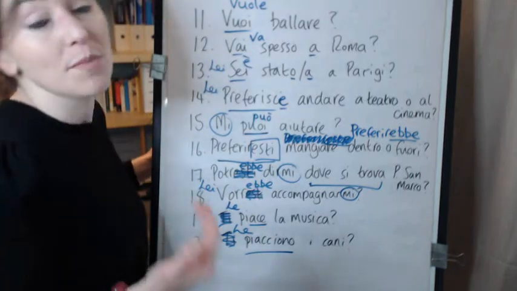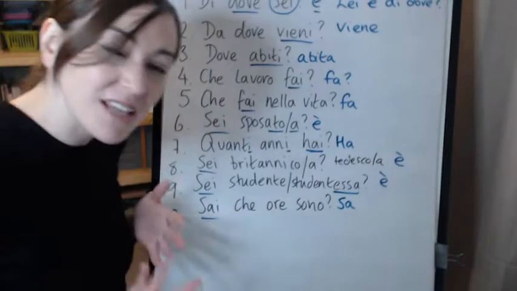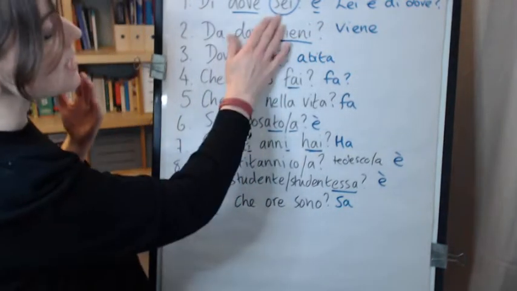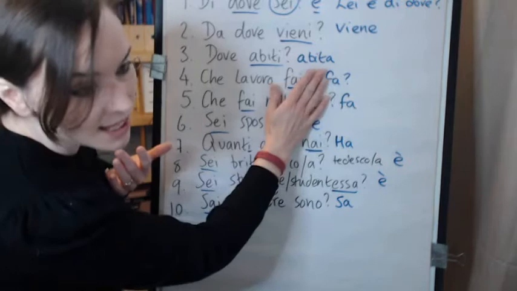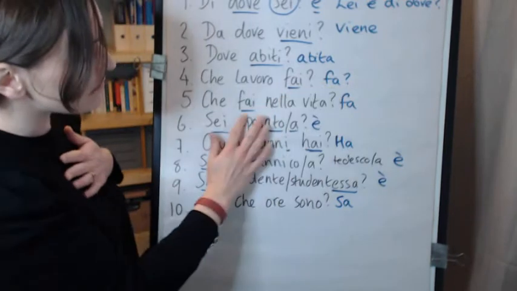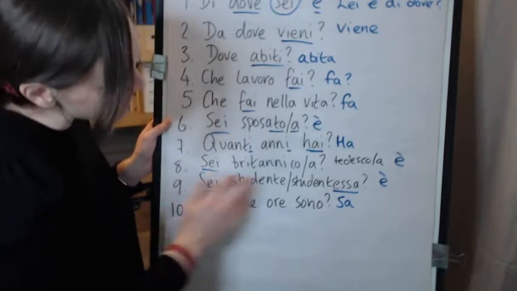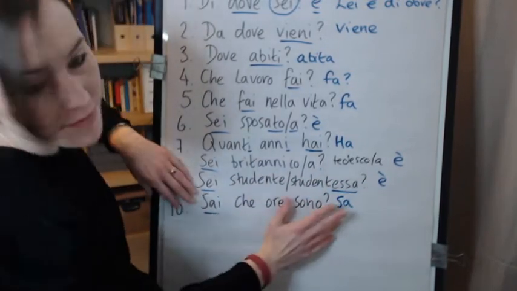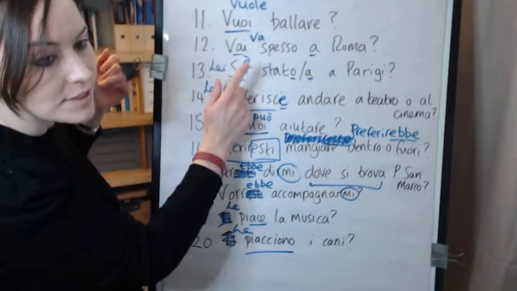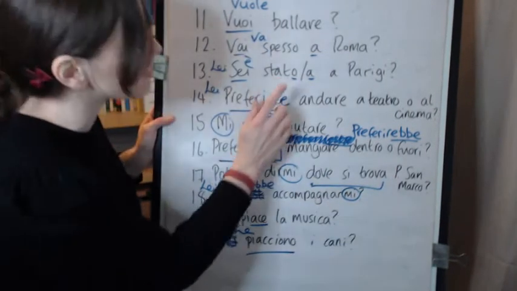So, in order to go from a tu form, singular you, question or a statement, the main thing you need to do is change the verb in order to get the lei form. Okay, sei becomes è, vieni becomes viene, abiti becomes abita, fai becomes fa, sei becomes è. It's like a little song, isn't it? Sai becomes sa, vuoi becomes vuole, vai becomes va, preferisci becomes preferisce,